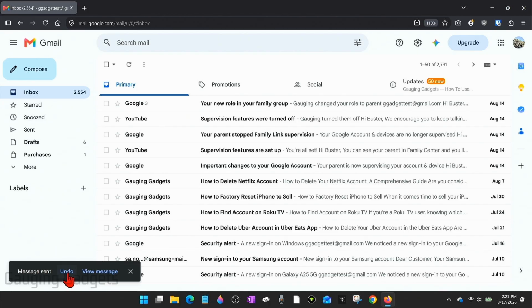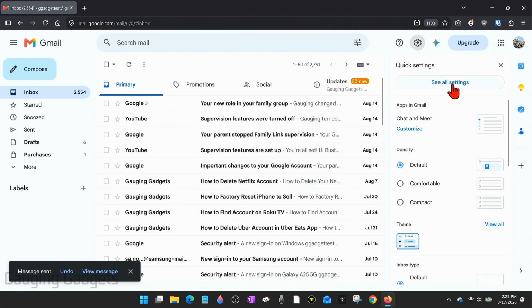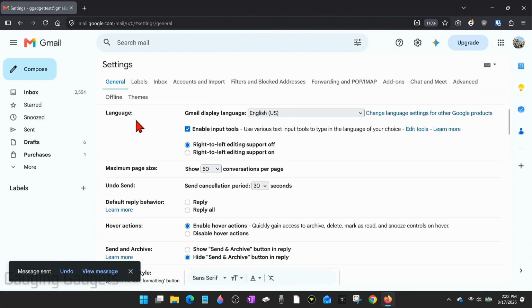Now, the good thing is Gmail in the settings allows us to change the amount of time we have to unsend an email. We can do up to 30 seconds. So to do that, in Gmail here, go up to the top right, select the gear, and then select See All Settings. Now in the general settings right here, undo send, all we need to do, most likely yours is